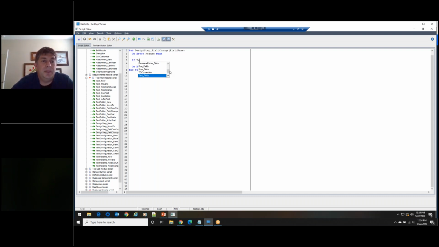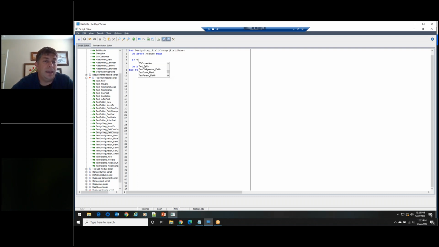Here is where the workflow IDE helps you out. It gives you access to those fields. Bug fields for defects, components, releases, resources, pretty much any object within ALM, you're able to access through this code.